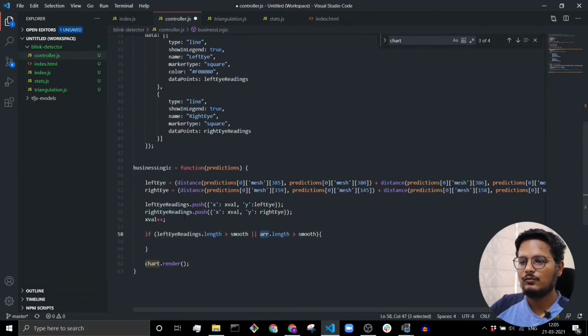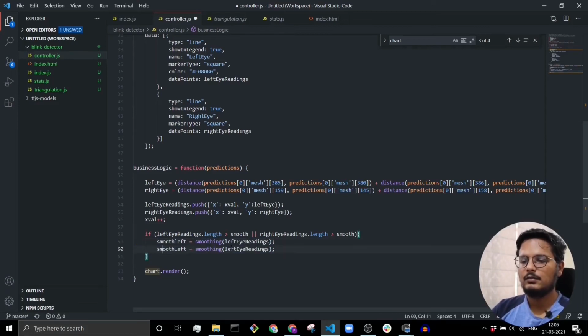So we will go ahead and take smoothed versions of our arrays here. We will call the smoothing function on left eye readings,